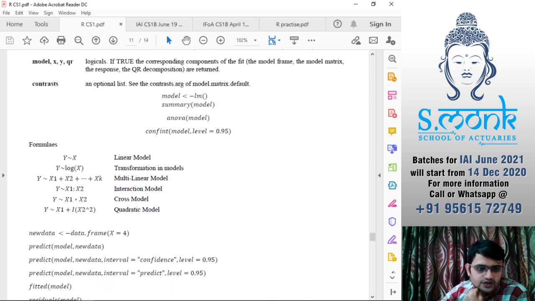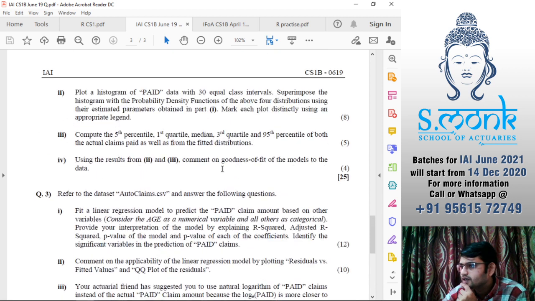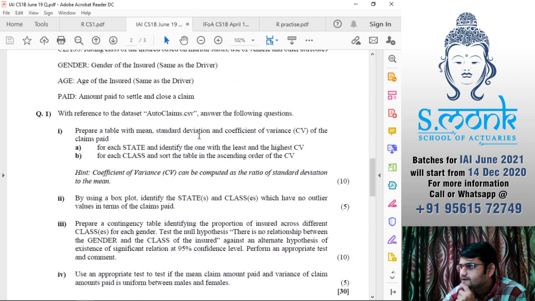Let's take an example. Linear relationship.